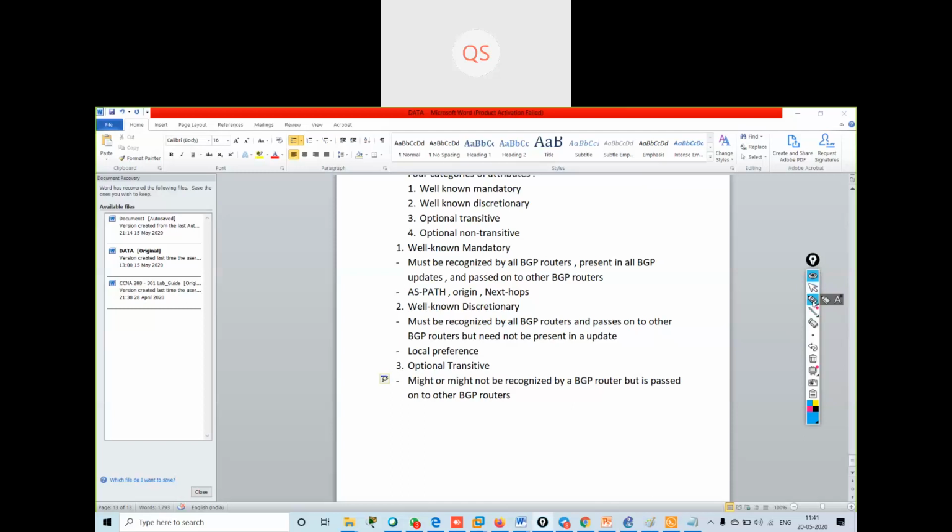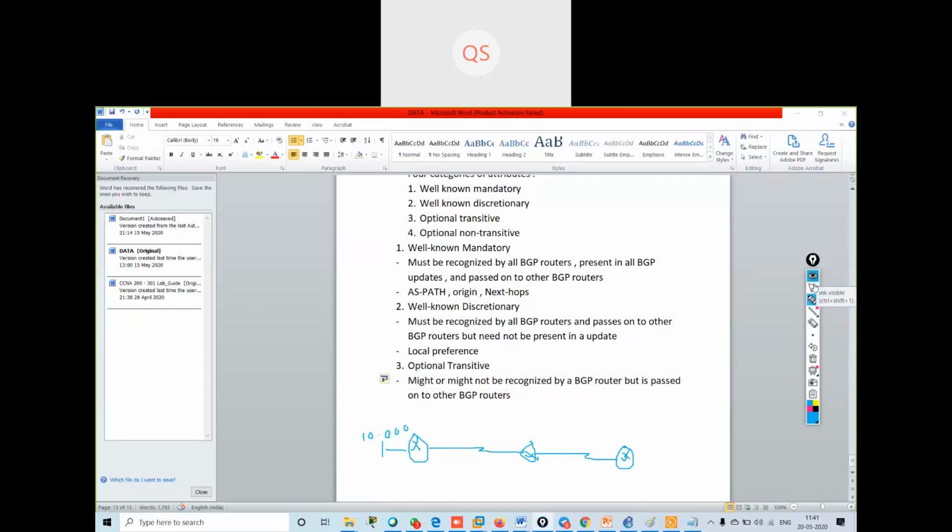Suppose I give you an example over here. I'm having a router and some 10 dot network connected to this router. Now this router is connected to another router, and that is connected to another router. What will happen if I am using optional transitive?